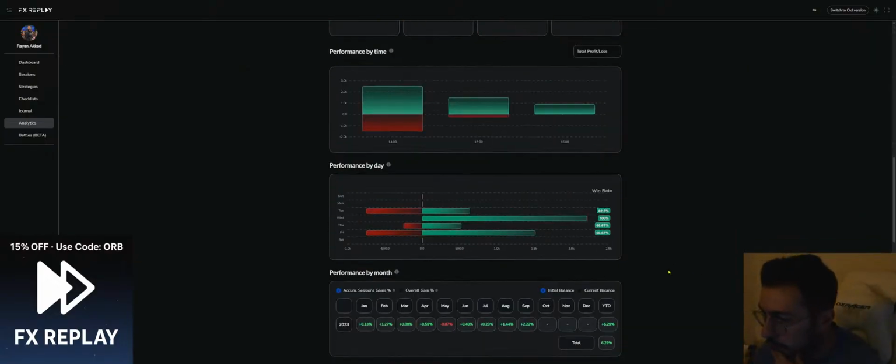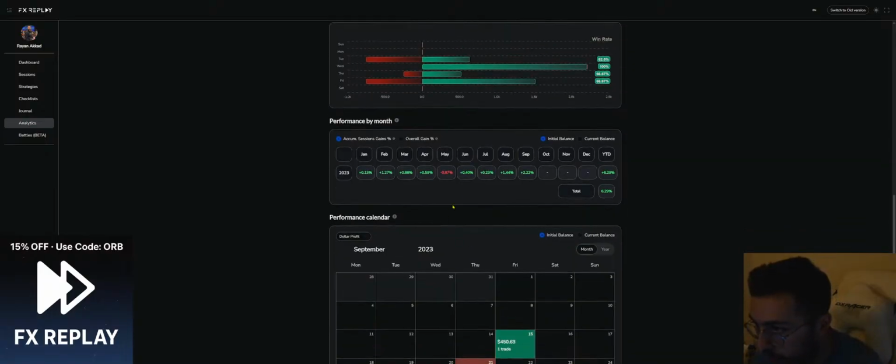So we have October, November, December. We're gonna only backtest the first 2 weeks because that's my rules. I do not trade the last 2 weeks of December and the first week of January. So basically, the last 3 weeks you do not trade. And yeah, so far we are profitable. The only month that we're down is May, and June was break even. May we were down like negative $435, and in June $200.